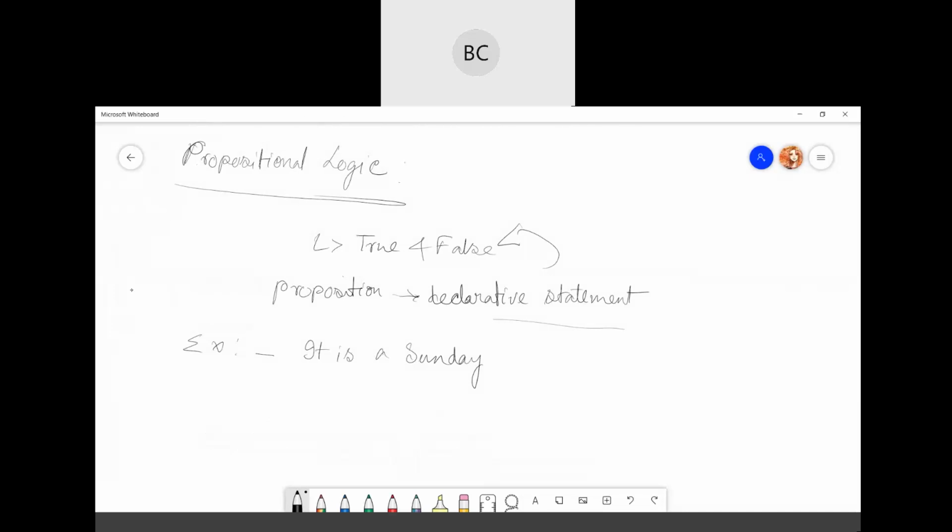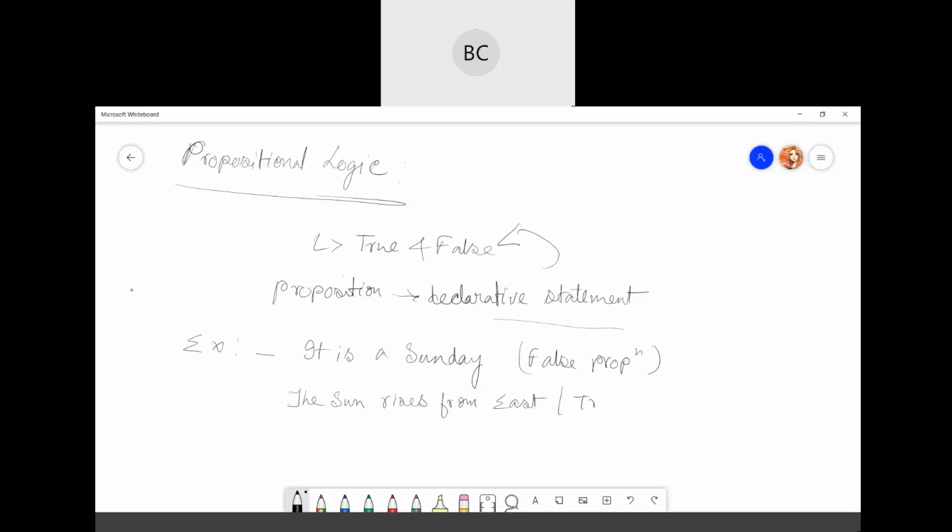Again, you can say the sun rises from the east. So is it true or false? Sun rises from the east. That's correct, right?